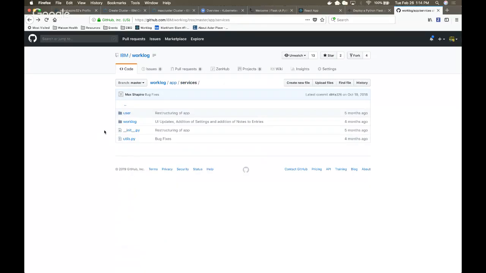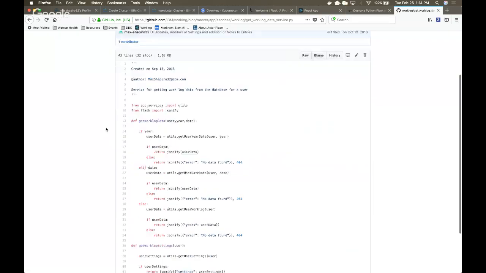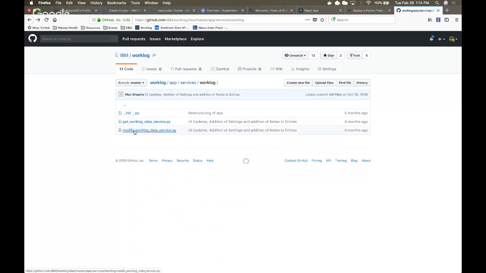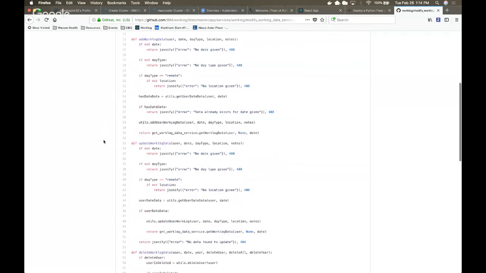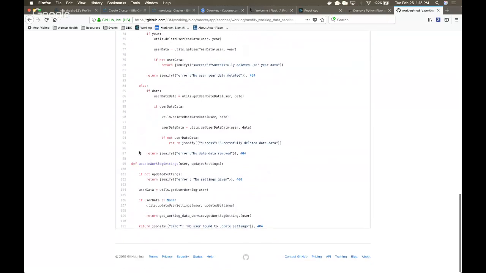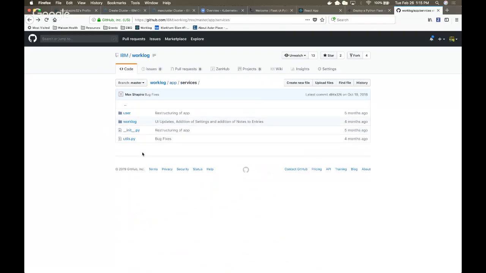And jumping back, we've got the work log services. So we've got the getting the work log data, and in here, we get both the work log data and the settings associated with the user. And in the modify, we add work log data, we update the work log data, we delete the work log data, and we also update the work log settings. So those are the